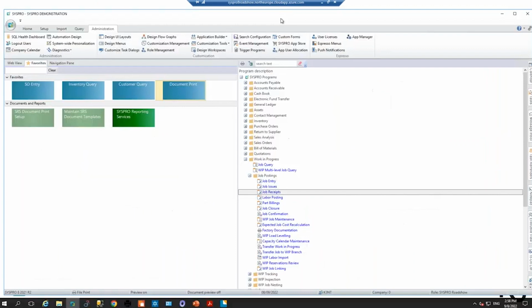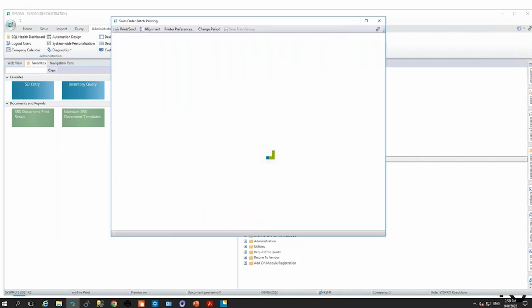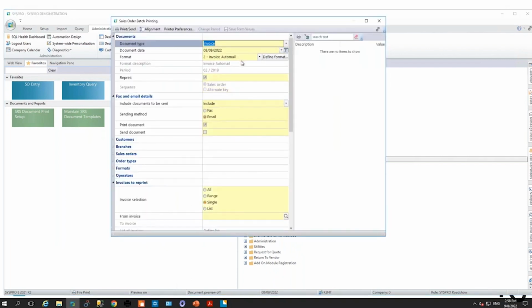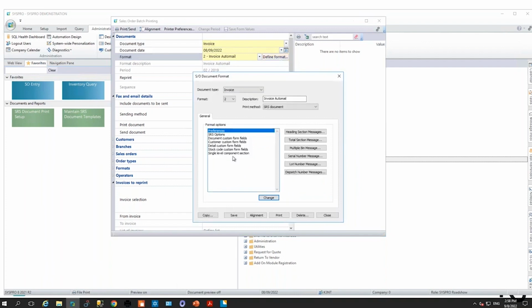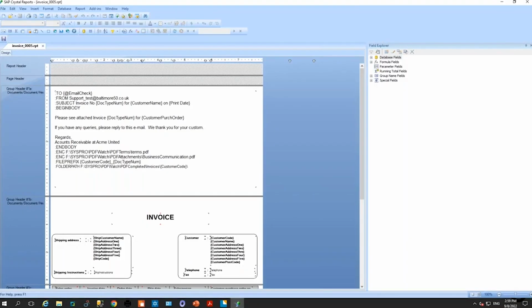I'm going to start in SYSPRO itself. And within SYSPRO, if I take a look at my document, I have an invoice. I've defined, as we looked at earlier, some header information within this particular document. And that's where the power of AutoMail's logic comes in, the ability for me to extend that out. I've got